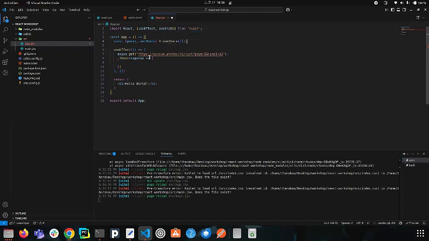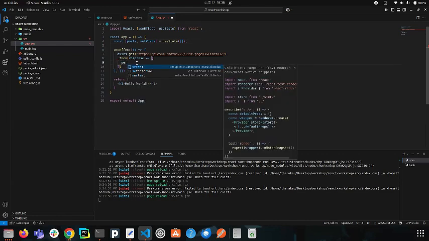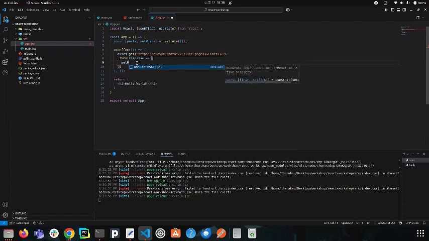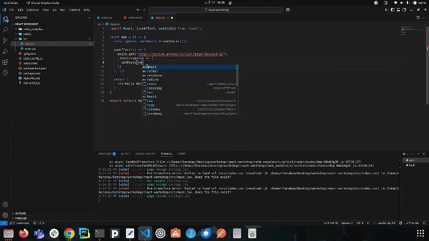And if we have the response, we will set it, setPost, it should be response.data. If you use regular fetch, we need to convert that to a JSON object, but with Axios we don't need to do that. Okay,